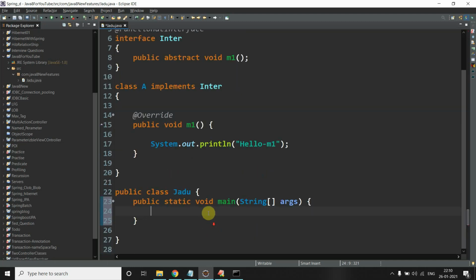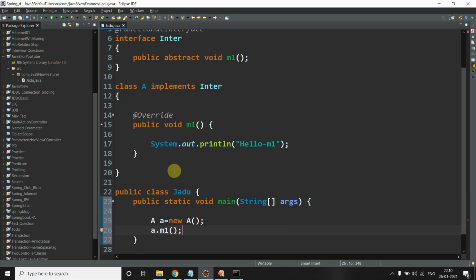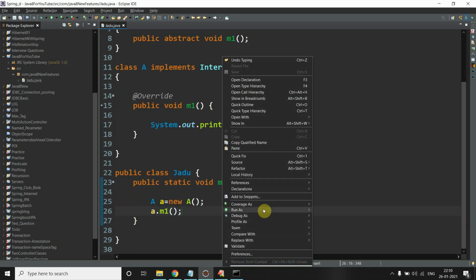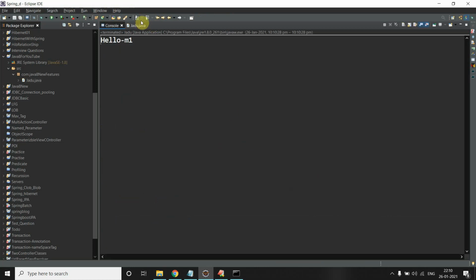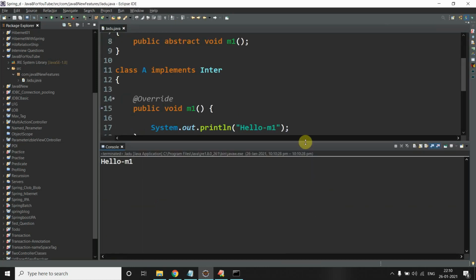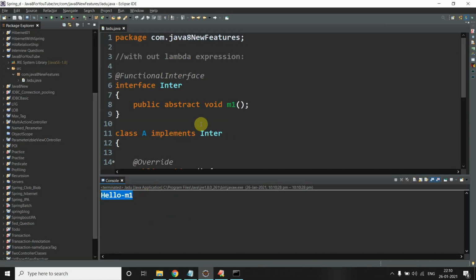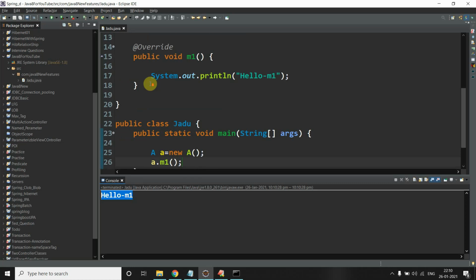I create the object of A and call the method m1, as we usually do. Run as Java application. Hello m1. This is the usual method we use when we don't have lambda expression.